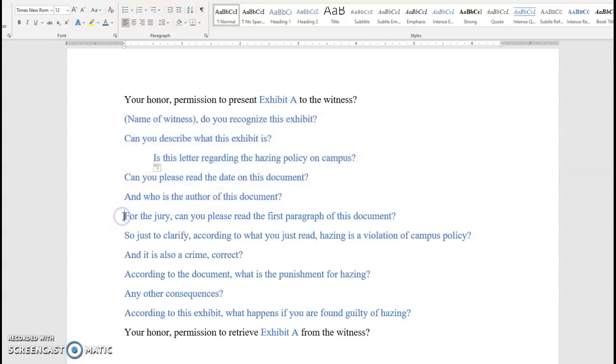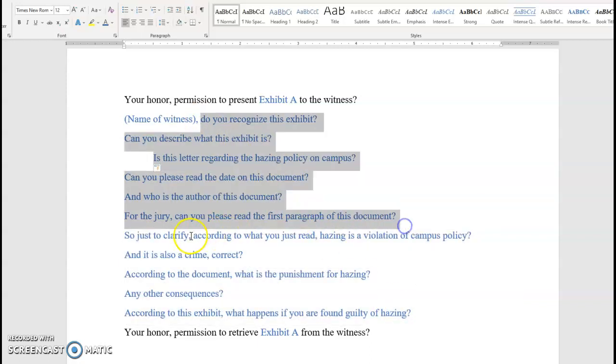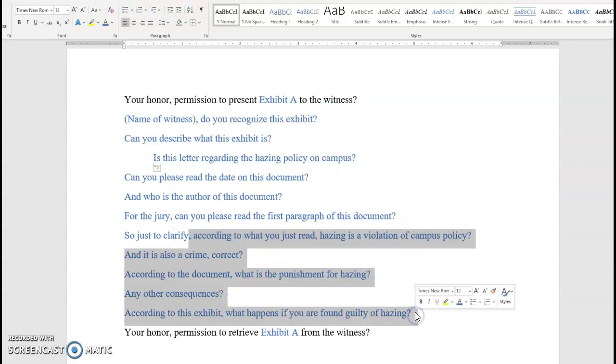Then the next thing you're going to do is for the jury. The jury has not seen this document whatsoever. They have no idea what's on it except for the things that you've just presented. So then you can ask for the jury, can you please read the first paragraph of the document? All right. To clarify, according to what you just read, this is the most important part of your questioning here. You have to make sure, once you have them read it, what information do you want the jury to really